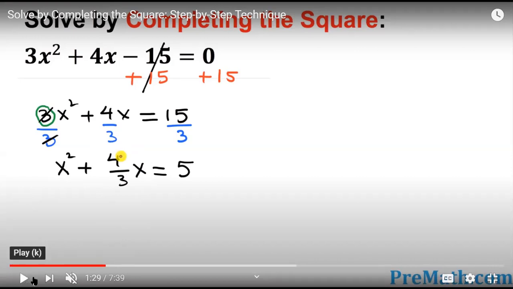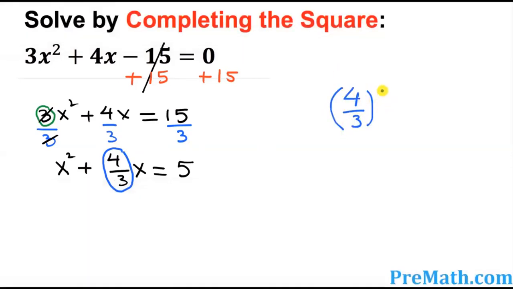We just separate the coefficient of x, 4 upon 3. This coefficient multiplied by 1 upon 2 means the number 4 upon 3 is multiplied by 1 upon 2, we get 2 multiplied by whatever the number is here, just multiply by 2. So we have to find the reverse form. So we have to multiply 4 upon 3 by 1 upon 2.